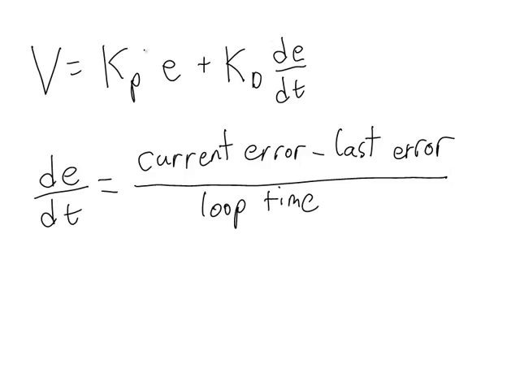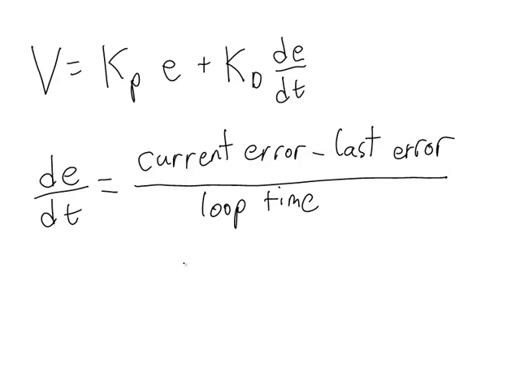That will cause us to reduce the voltage that we would have had with only proportional control. The amount by which we reduce the voltage